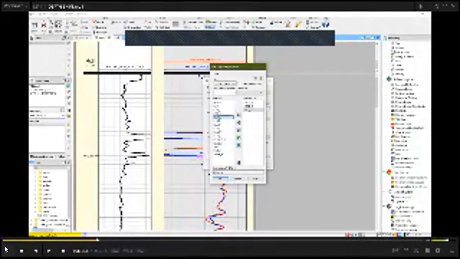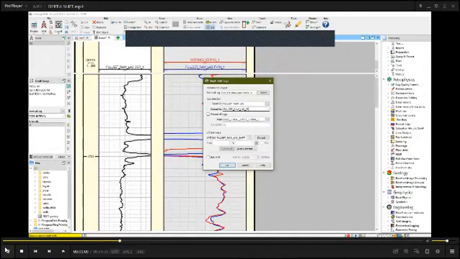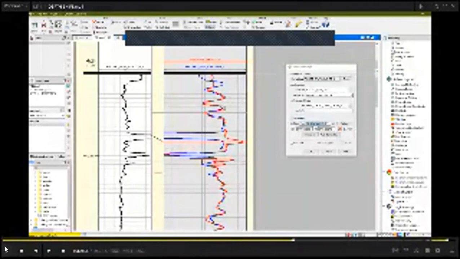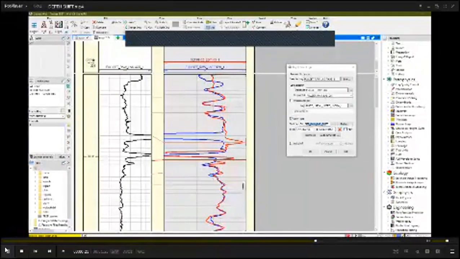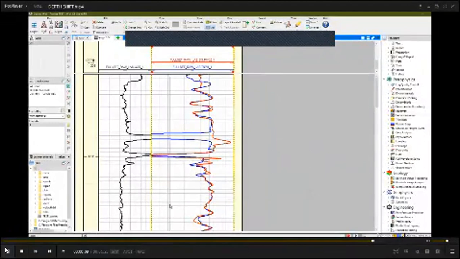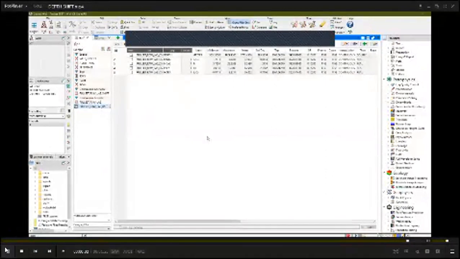PEF, DRHO, and Caliper, which are from the density tool, are selected, and then by clicking and defining each depth shift limitation, we can easily drag and move the density log by attention to the NFI log.